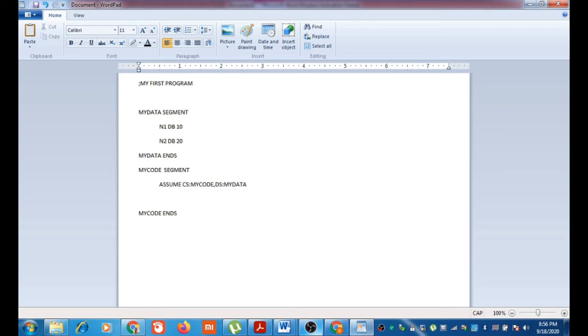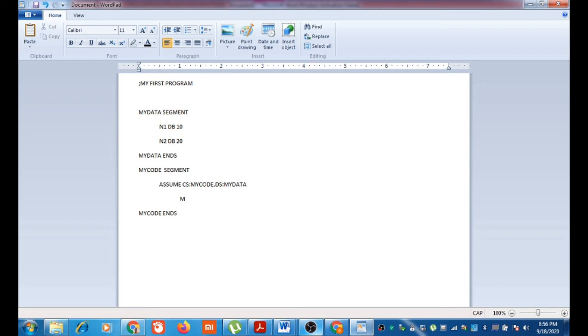Next, we should initialize the data segment. The code segment will be initialized automatically, but the data segment and other segments like stack segment and extra segment will not be initialized automatically. So we should make the arrangement.